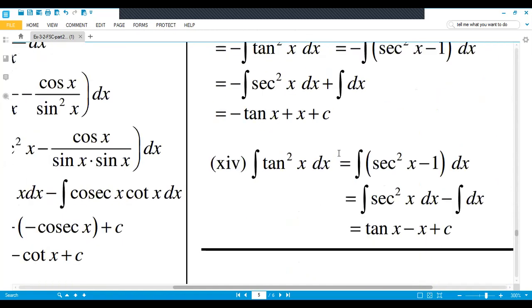If any confusion, two rules we study in this. One rule is that if a function and its derivative are present in a product, its integral will be the function to the power, you add one to the power, and divide by the same power. The second rule we study is that if a function is in the denominator and its derivative is present in the numerator, then the integral will be equal to the natural log of the denominator. These two rules are new, which we study in this exercise, and we use them again and again in the next coming exercises. So you revise them properly.